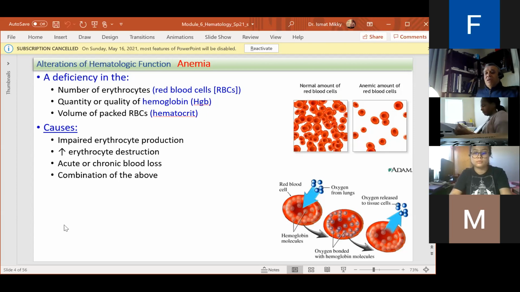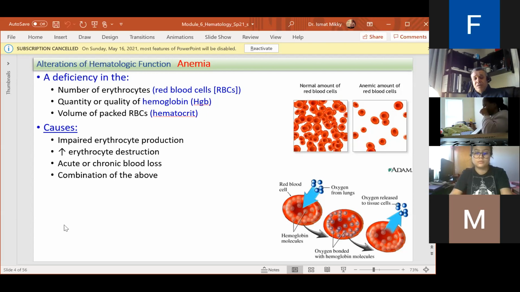So the anemia, when we say a patient is anemic, we have to identify what type of anemia it is. Is it iron deficiency anemia? Is it megaloblastic anemia? So we have too many forms or types of anemia. The anemia can be due to a deficiency in the number of the RBCs. Patients don't have enough RBCs, or it can be the quantity or quality of the hemoglobin,